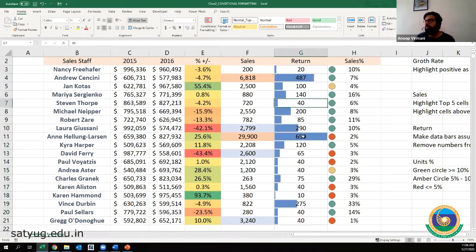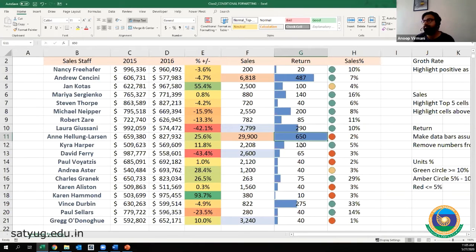Now what happens is, you see the 650. So the rule behind the logic that is working behind is, it will create the maximum bar for the maximum number here, right? As 650 was the maximum number in this range, the bar for 650, as you see, is fully colored. And the rest of them is out of 650. So 20 is out of 650, 487 is out of 650. So 650 has been given the maximum value.